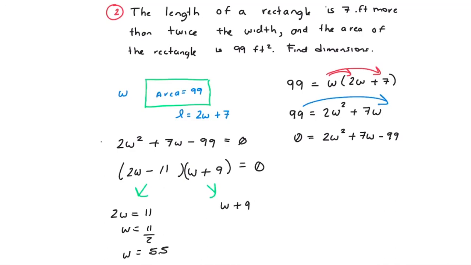The negative value makes no sense for this type of application because I'm talking about geometry. So this value not helping, this value totally helping. I go back and I discover that the width is 5.5